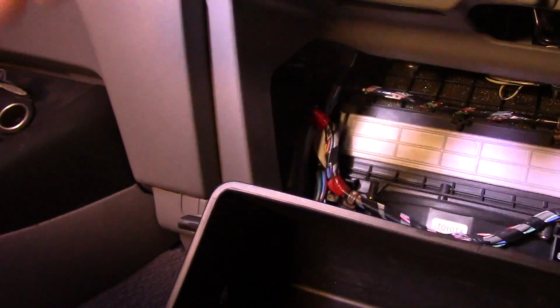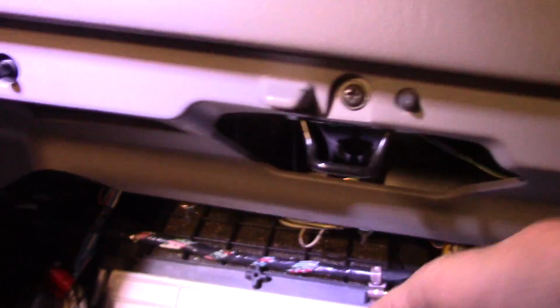And now what we're going to do is come in over here on the side and the side here, and we're going to squeeze it together and pull that box down. So let me put you down and we'll do that. Okay, so we're just going to push in on the sides and roll. Now I'm doing this on just the one side here, but we need to do the same thing on the right side. And we just push it together like this and lower it down,